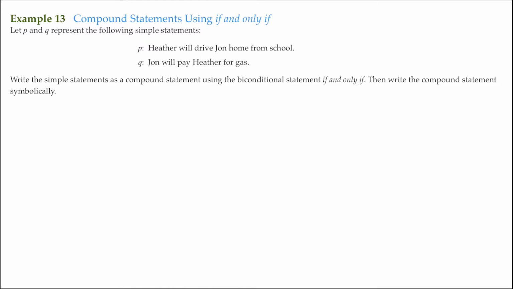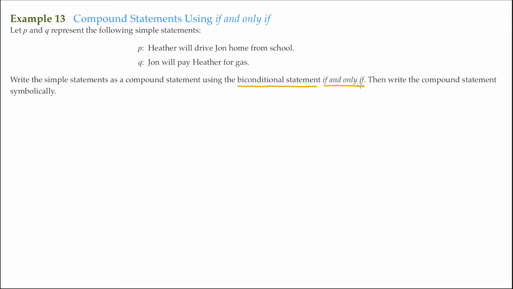Our final connective that we're going to address is an if and only if statement. That is known as a biconditional statement. If and only if. So we've negated statements. We've done compound statements with the conjunction and. We've done compound statements with the disjunction or. We've done compound statements that are conditional statements. Those are if-then. So finally, we're going to do if and only if, which is known as a biconditional